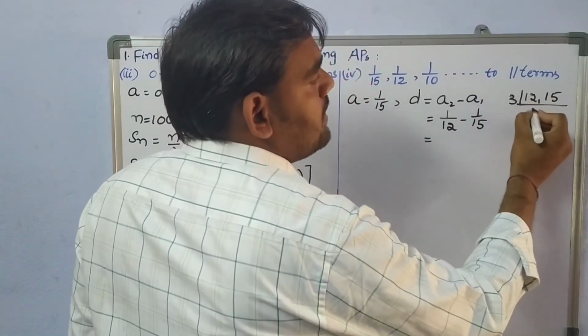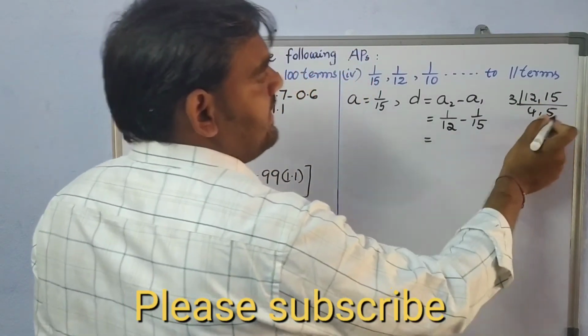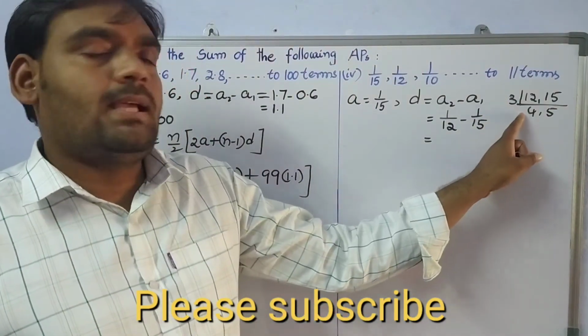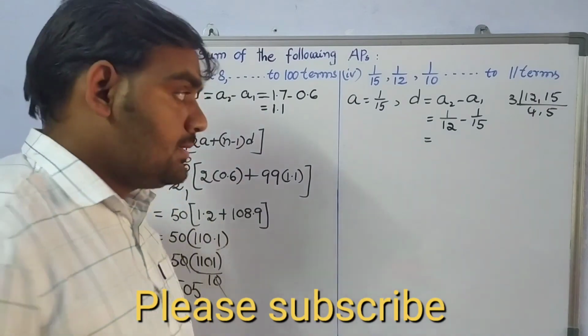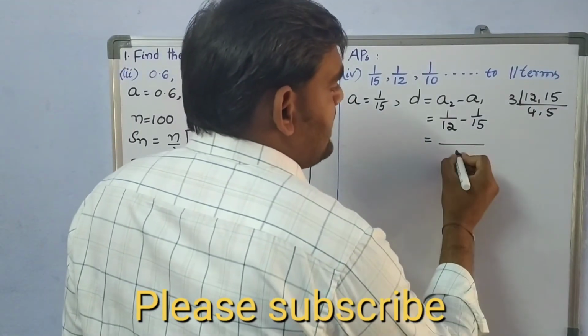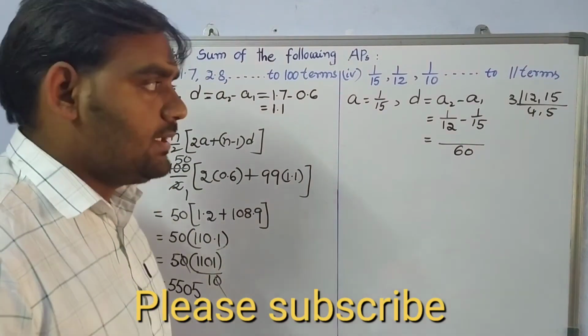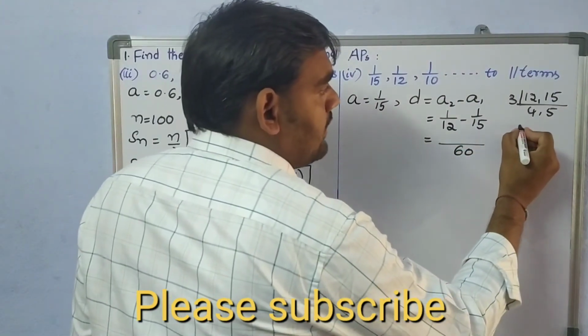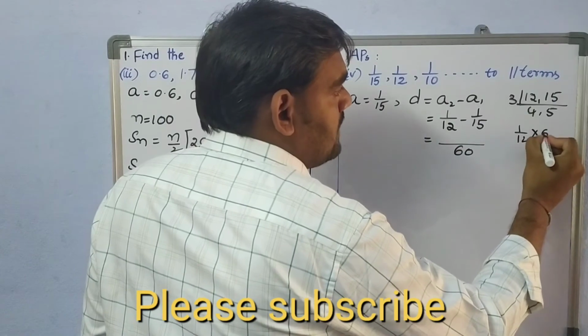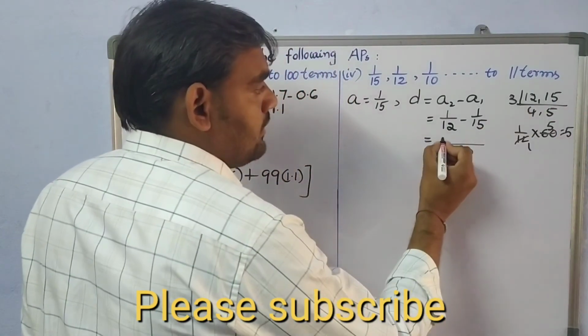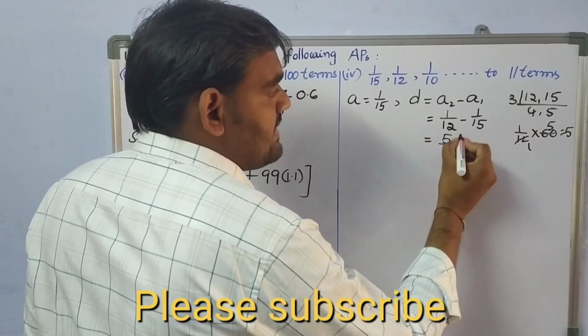Take the 3 table. 3 4s are, 3 5s are. See here, these two are co-prime numbers. No need to take one side. So 3 4s are 12, 12 5s are 60. LCM is 60. After that, each and every fraction we should multiply with the LCM. So here 1 by 12 into 60. 12 ones are, 12 5s are 60. Now the value is 5. So here we need to write 5. What is the symbol here?